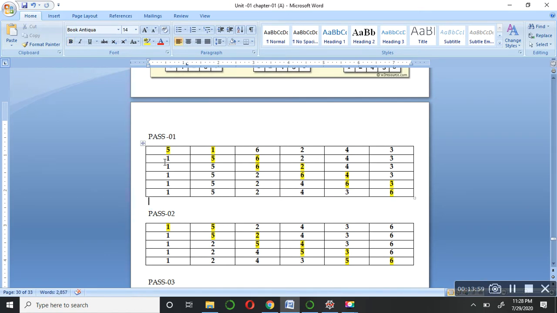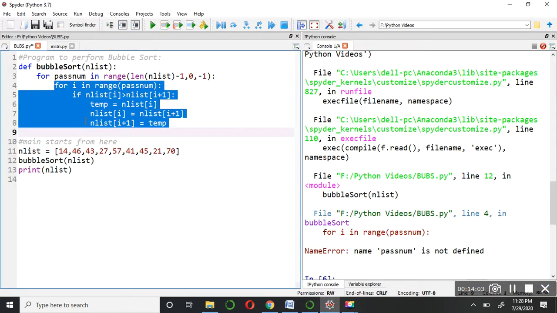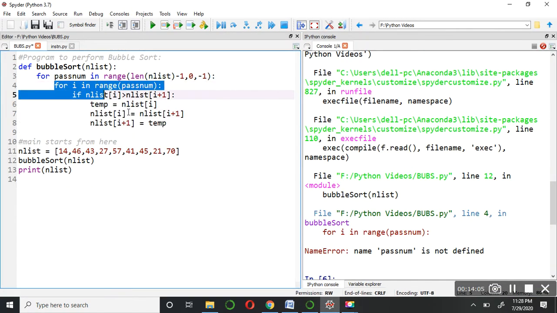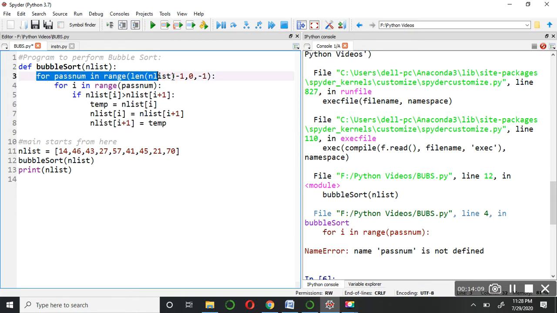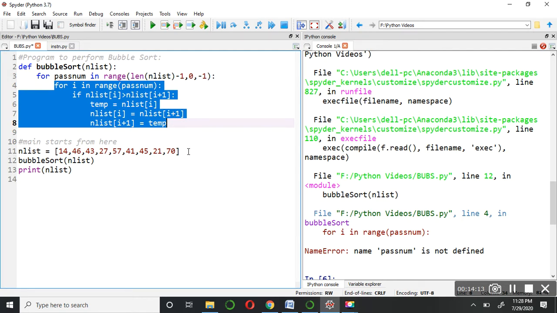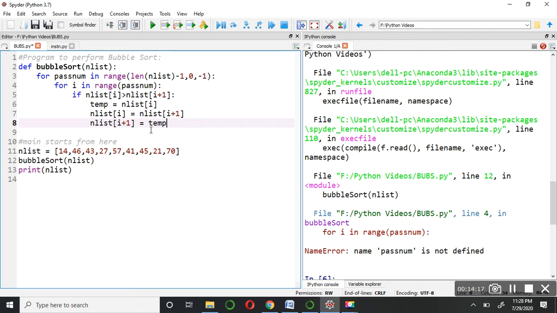So what I can do, I can provide an outer loop. See here, I can provide an outer loop just above the loop here. So what will happen, this inner loop will sort the array only one time, whereas as soon as this loop comes out, it will go again into the outer loop.